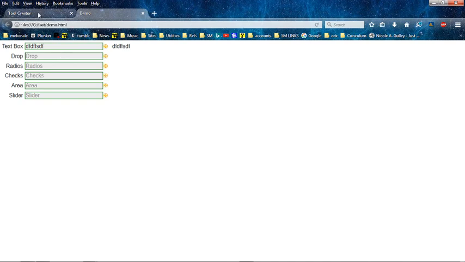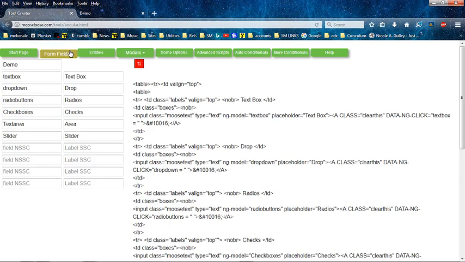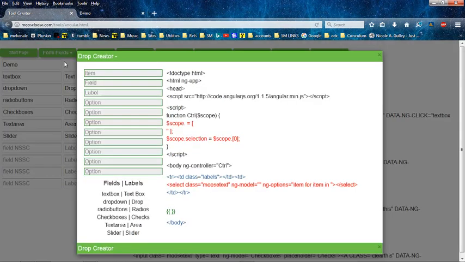Okay, so what we're going to do is go to the form fields here. I'm going to grab my form field. I'm going to do the drop creator, and I'm going to pick the item, and I'm going to put, I don't know, color and Z. I'm going to put a color for the item. My field is going to be drop down,